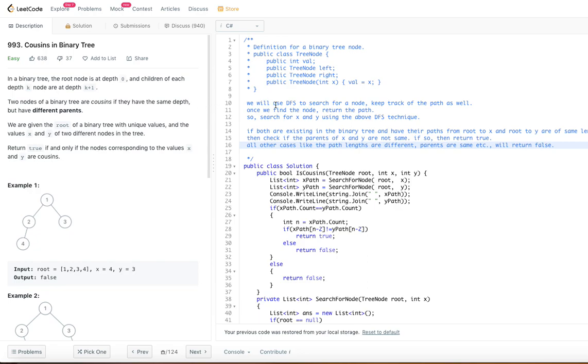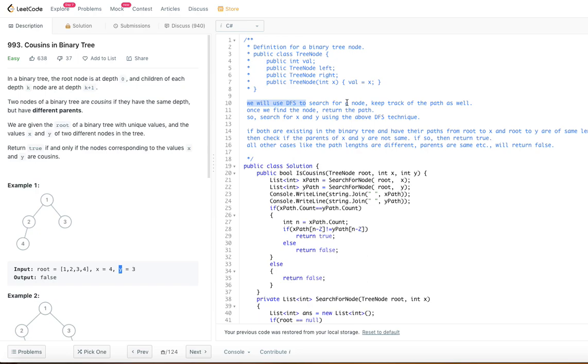We will use DFS, depth first search, to search for a given node. The nodes that we have to search are x and y. Once we find the node, we will return the path from root to that given node: root to x for the first call and root to y for the second call.